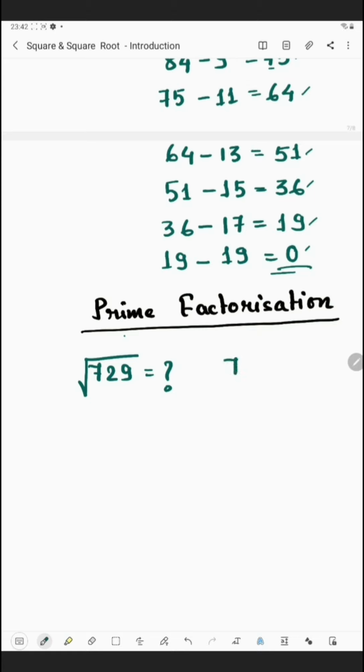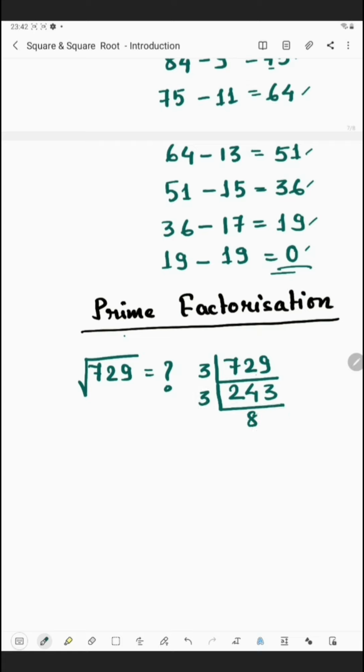Here, at first we will have to take a prime number, and then we will have to see by which number 729 is divisible. To check this, if you find the sum of the digits, 9 plus 2 is 11, 11 plus 7 is 18. So 18 comes in the 3 table, so it can be divided by 3. So 3 2s are 6, 3 4s are 12, 3 3s are 9. Now, if you find again the sum of the digits, we get 2 plus 4 is 6, 6 plus 3 is 9. So again this is divisible by 3.